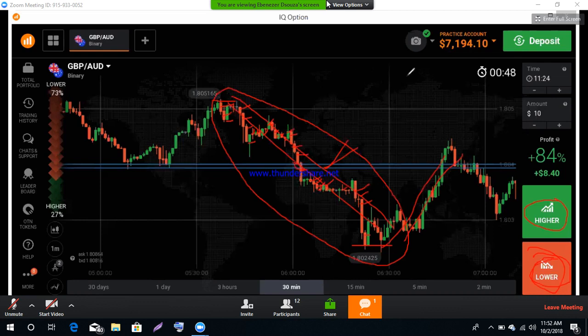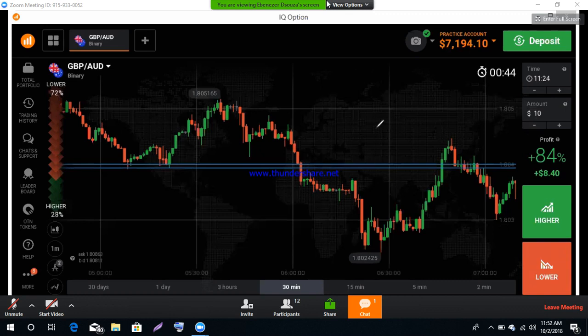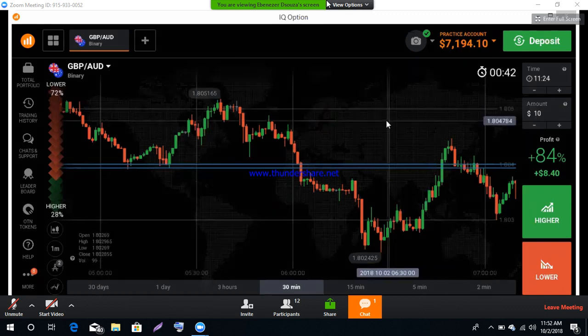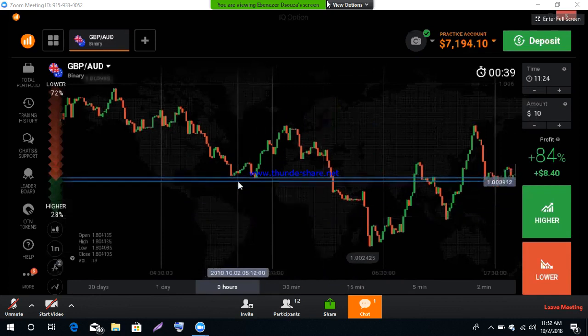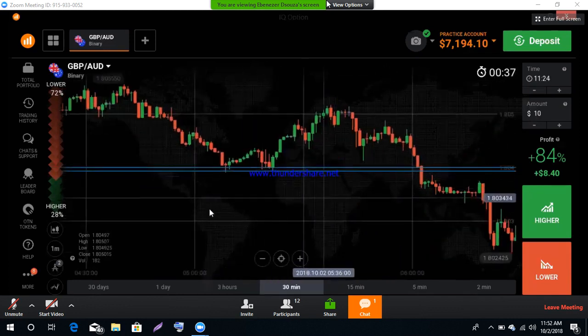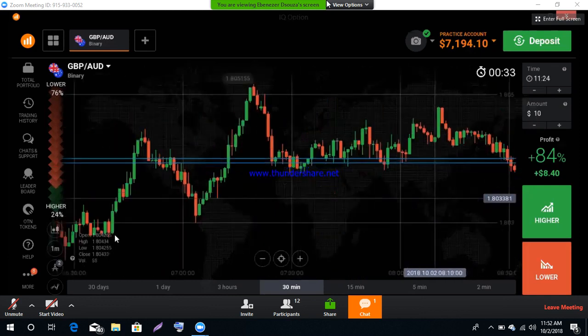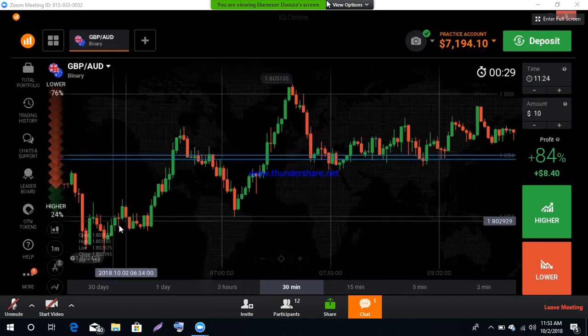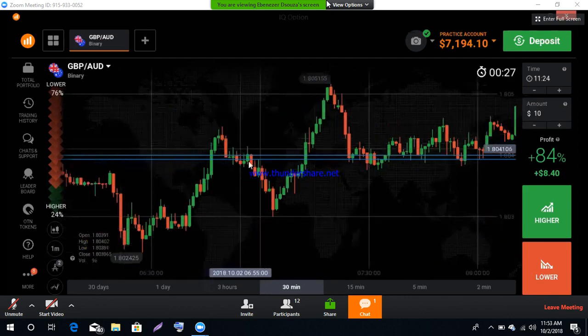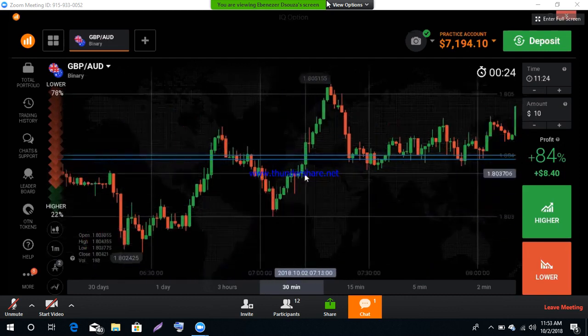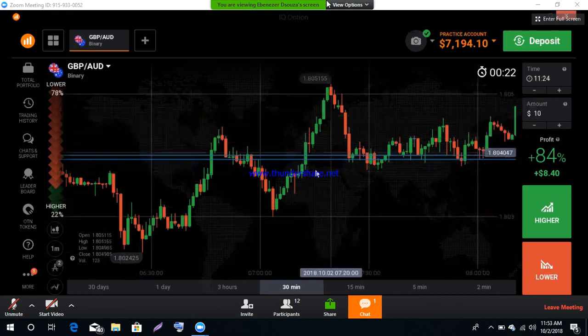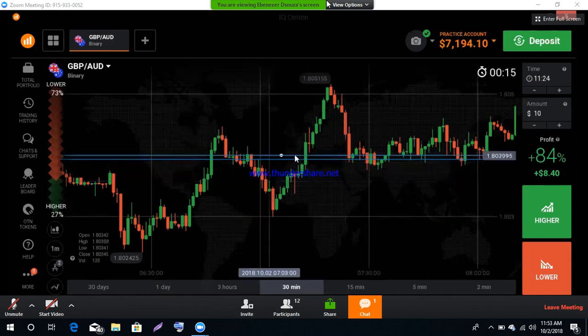Okay, I will show you now how to trade. I will show you some examples here. Okay, you can see this is downtrend, right? This is downtrend. It breaks this level. Okay, this is uptrend, right? In the uptrend, again it goes down and again it breaks this level. So this is strong level. We already checked this point as a strong level. We identified this as a strong level.